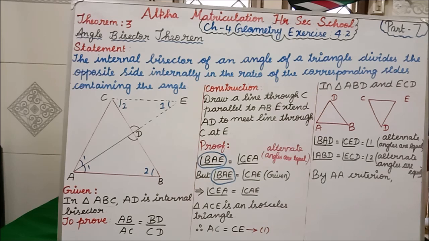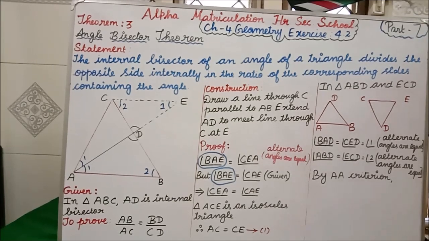Now, first I am taking angle BAD is equal to angle CED. We have proved before, this first part, this angle 1, is equal to this angle 1. Now we are going to show that this remaining part is equal to this whole angle. For that, first we take angle BAD is equal to angle CED, equal to angle 1. In the bracket, what have I written?